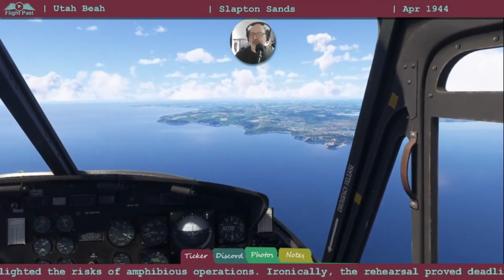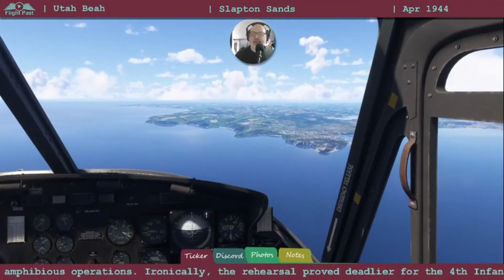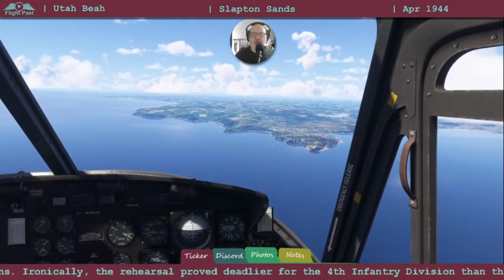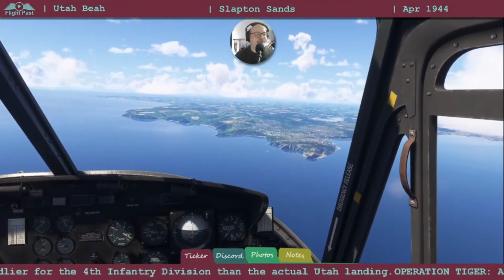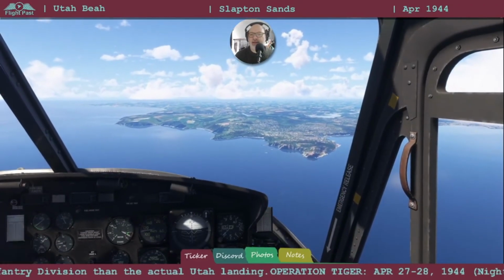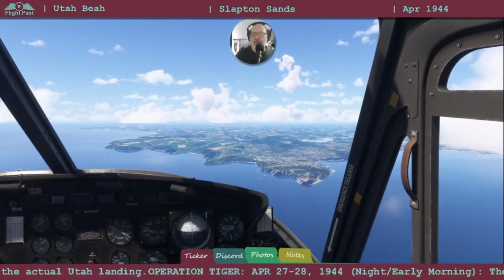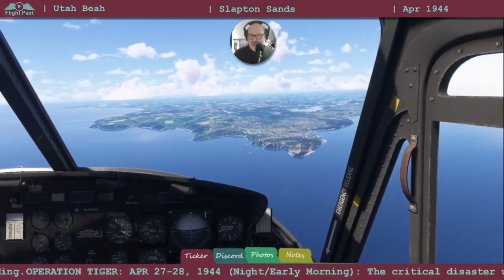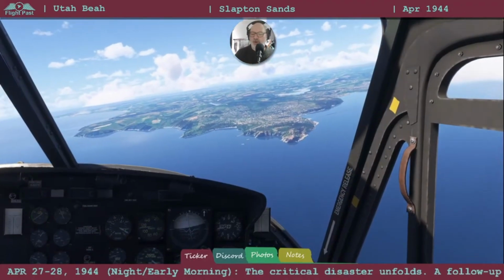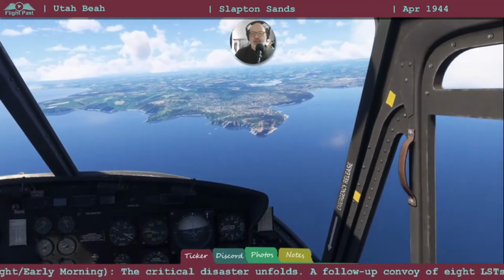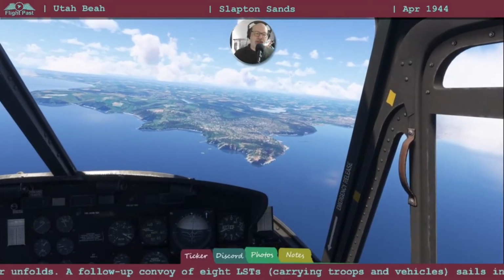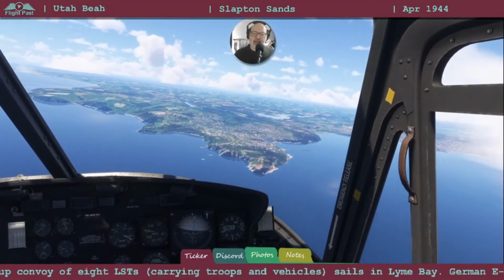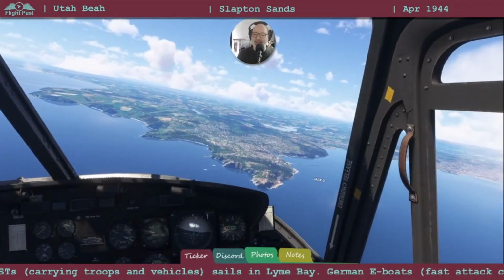LST 507 was torpedoed and sunk, with a loss of 202 US Army and US Navy personnel. And LST 511 was damaged, and this was because it got fired upon by LST 496,